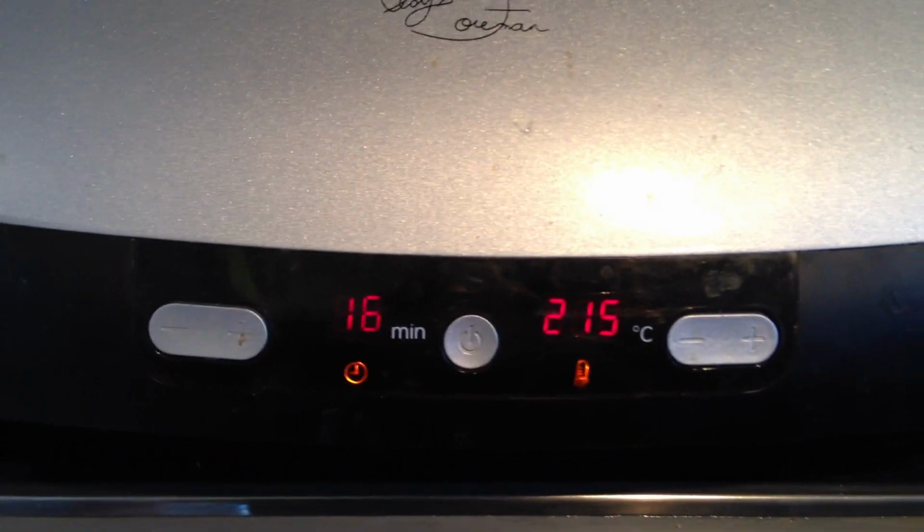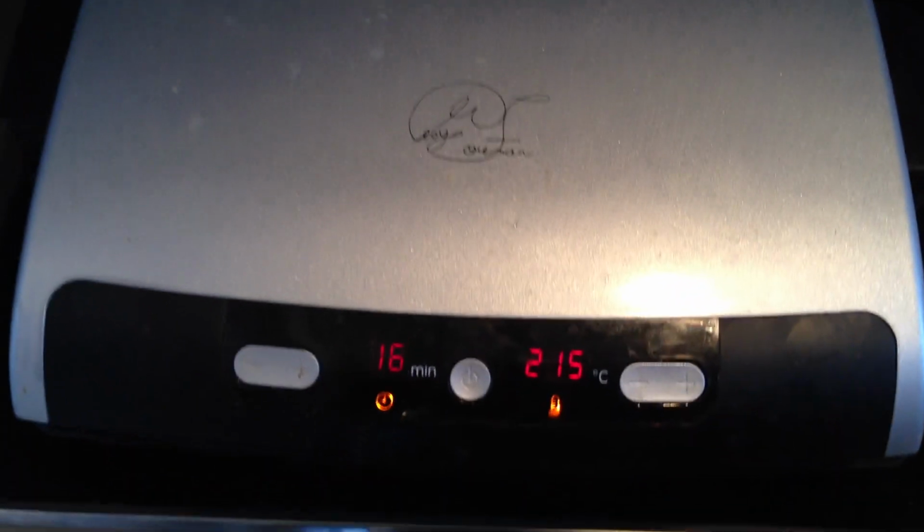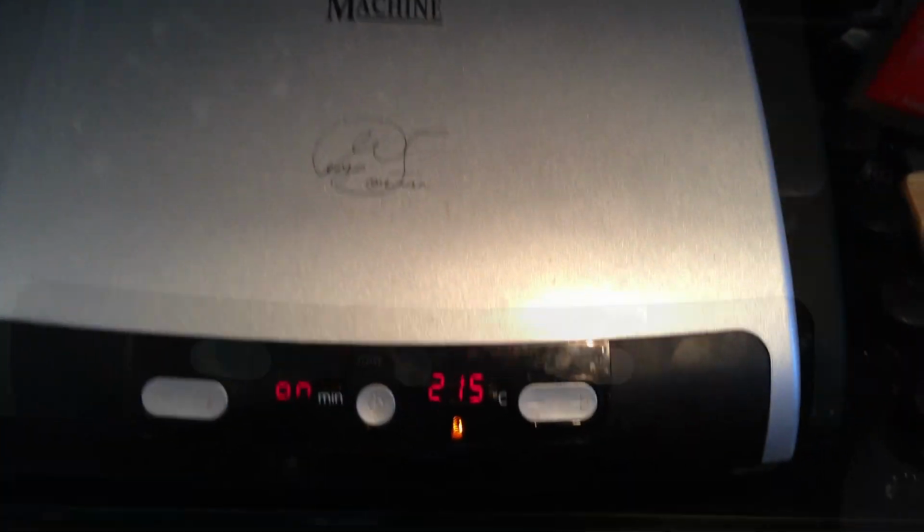I give it 16 minutes. And this is my favourite part of the cooking, the simplest, easiest part. I walk away and do something else. Yeah, well my double beeping just went off, which means...